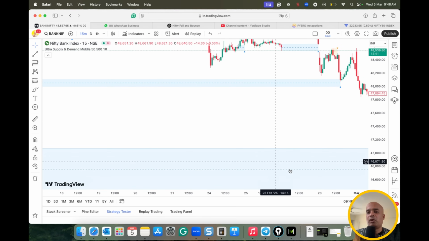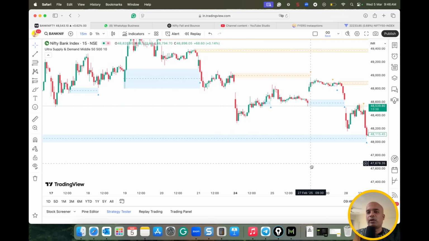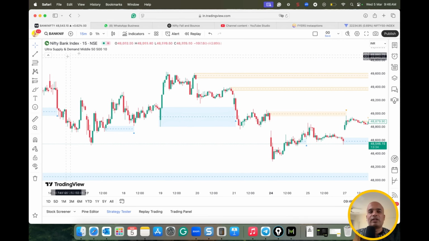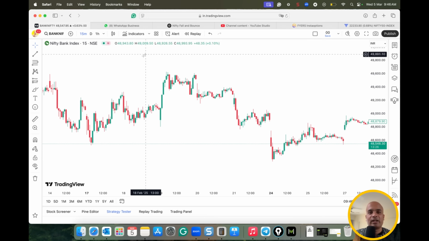See, there is an important support level here. There is an important support level here. There is a resistance level. There is a resistance level. Resistance level. Okay, so that's all about the Ultra Supply and Demand indicator. You can fine-tune all these indicators, and you can use them according to your convenience. Now the next indicator is